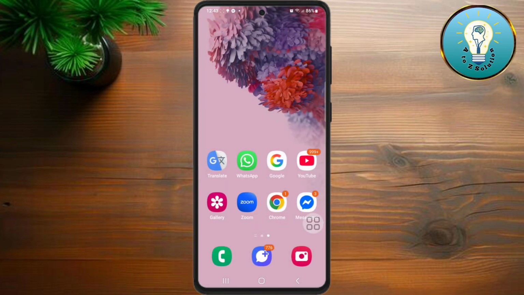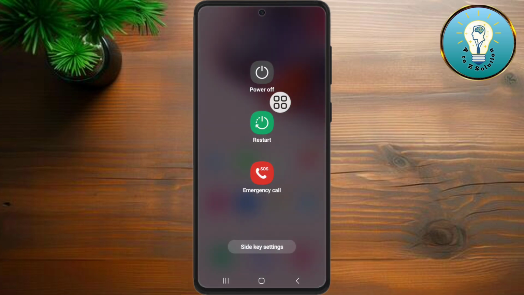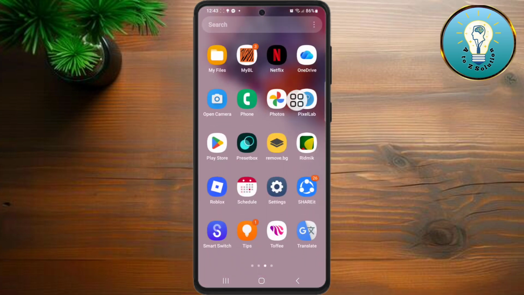Now second step, restart your device. Now tap on restart. After restarting your device,